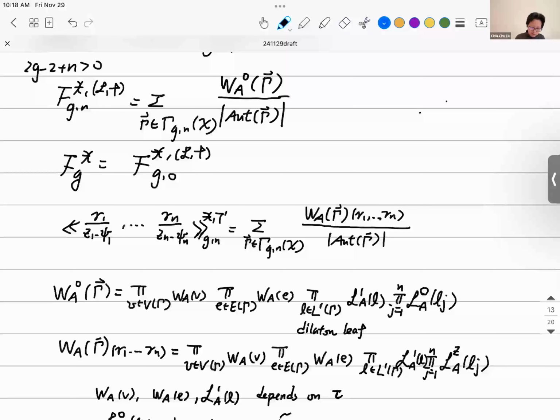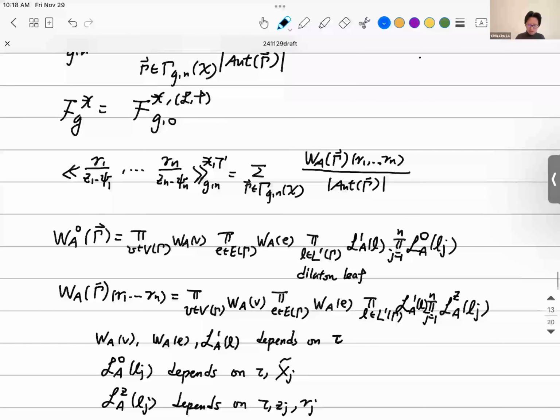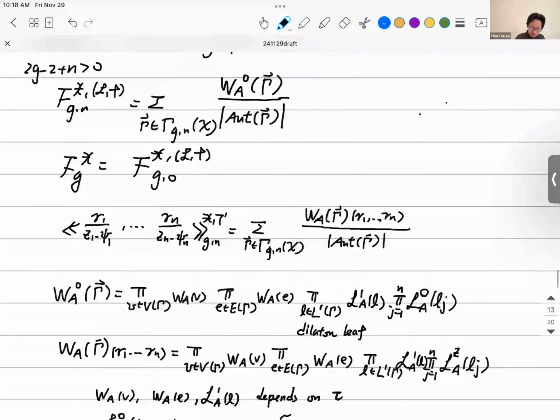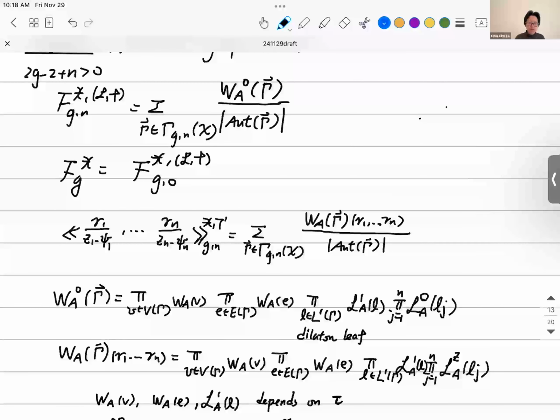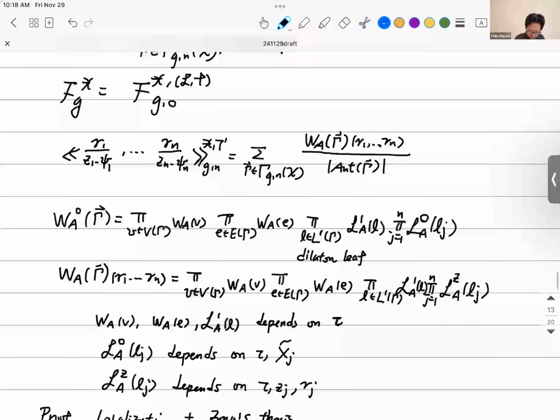And also, for the descendant invariant, it will be convenient to organize it in the following way. So we introduce extra variables z1 to zn. Now suppose that we insert gamma 1 to gamma n, and then we can also write it as a graph sum. So actually for these two, you will have the same set of graphs. It's just that for different invariants, the weight of each graph is different. Yeah, actually more precisely,